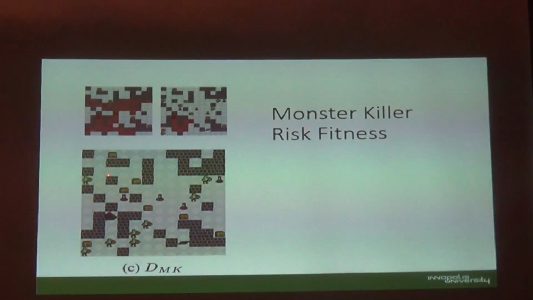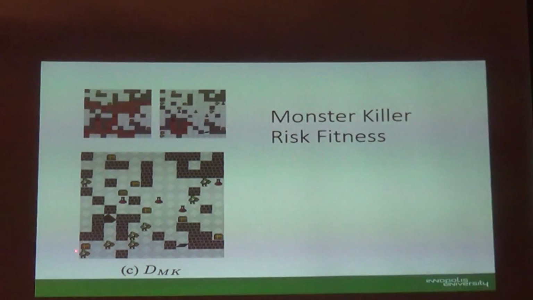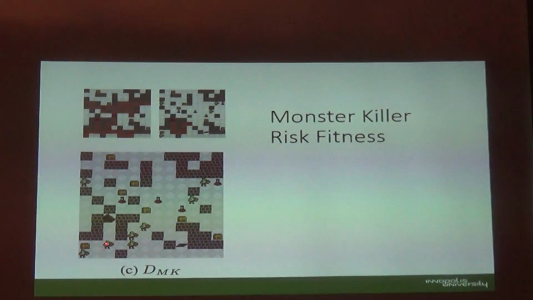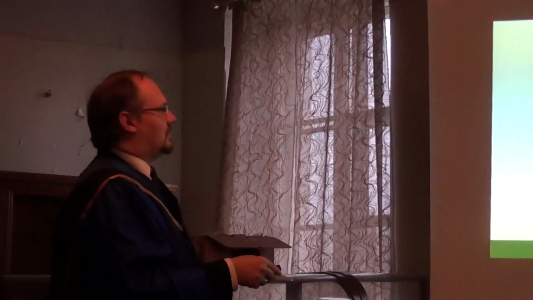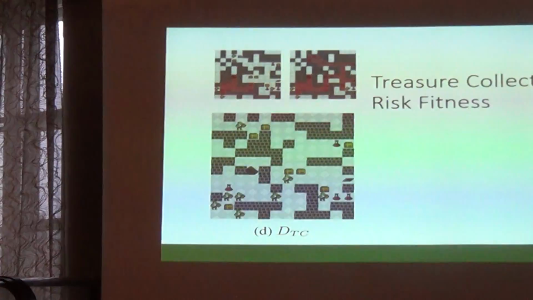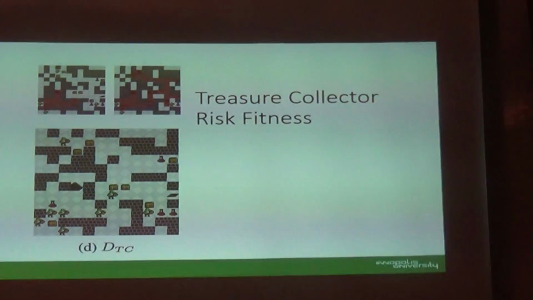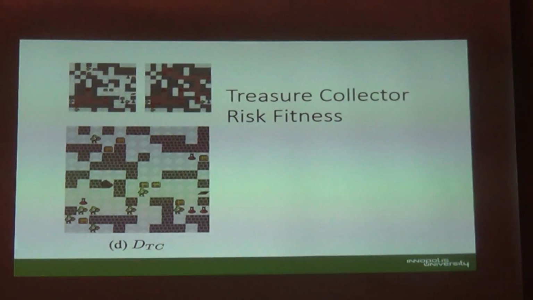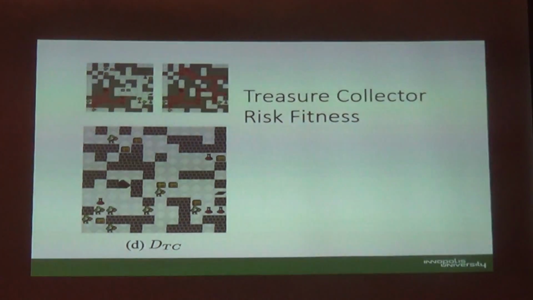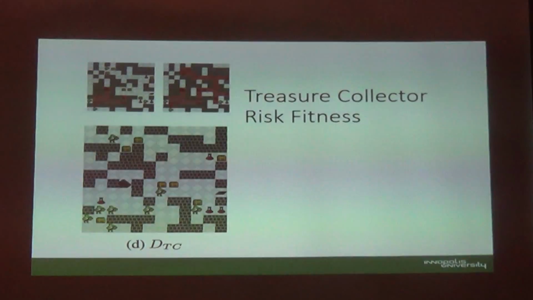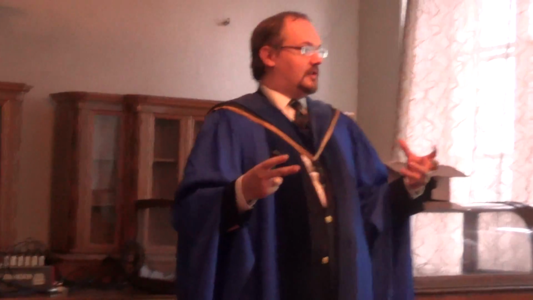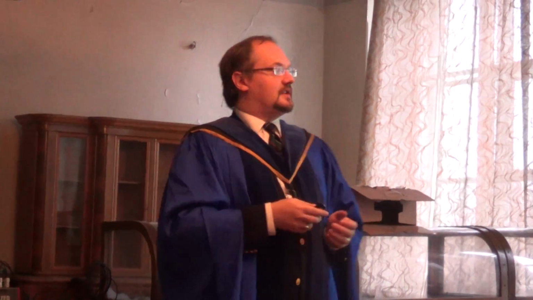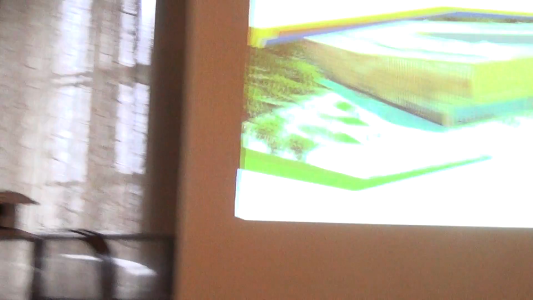This is our risk-averse one that only kills when he can, and you can see he comes down and he can kill a few, but then he's got an easy pathway to the exit, or he can come up here and grab some things. Our treasure collector with a risk fitness. So the risk fitness was adding in an element of I die sometimes. Okay. So depending on what your personas are, you can then design levels that they like or dislike, and put a fitness against them.